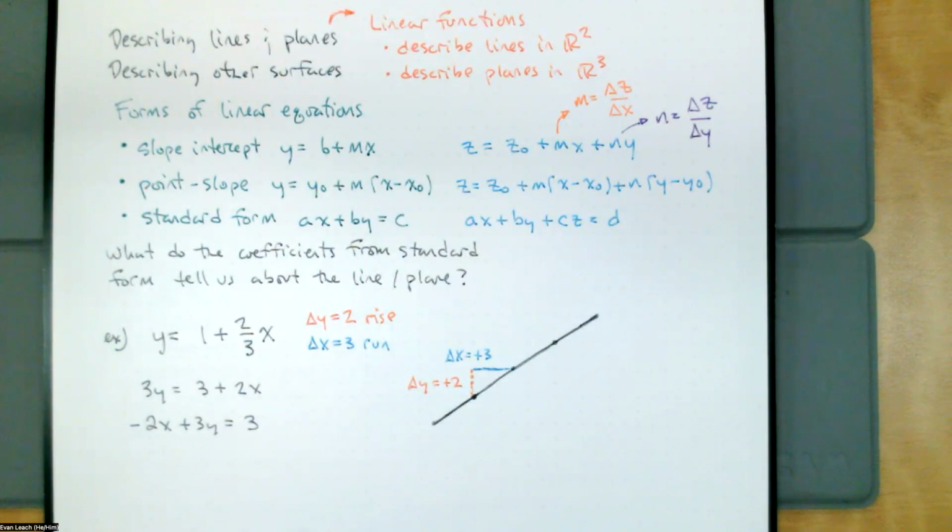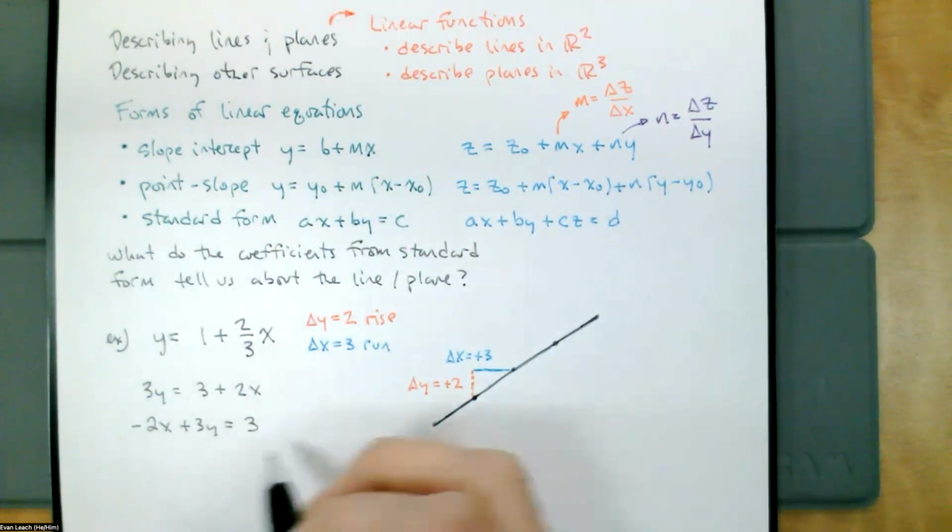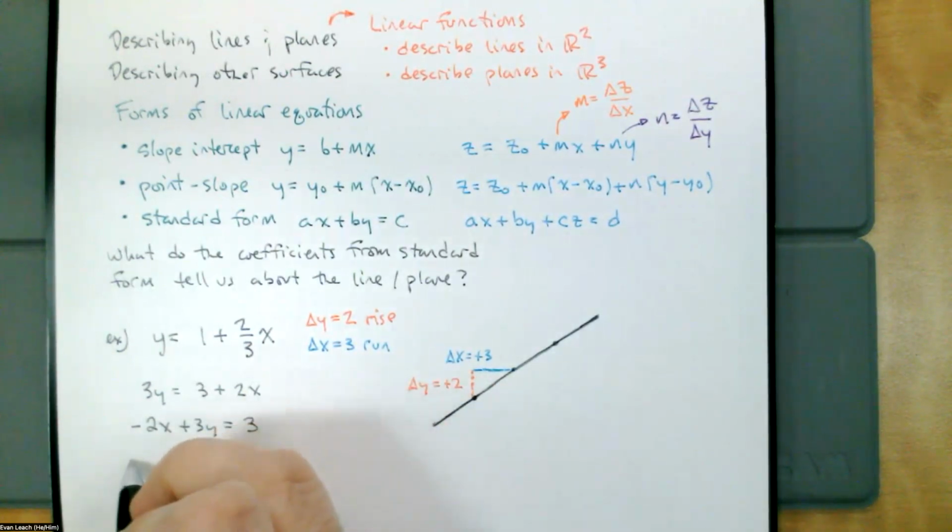Also, our rise is a negative 2 coefficient. That ended up being a negative 2 coefficient, a positive 3 coefficient on the y. But we do see that that's how things got reorganized. That's what's going to happen when we multiply everything by the rise. It's going to cancel the denominator from the slope and put the run as a coefficient of y. And the rise